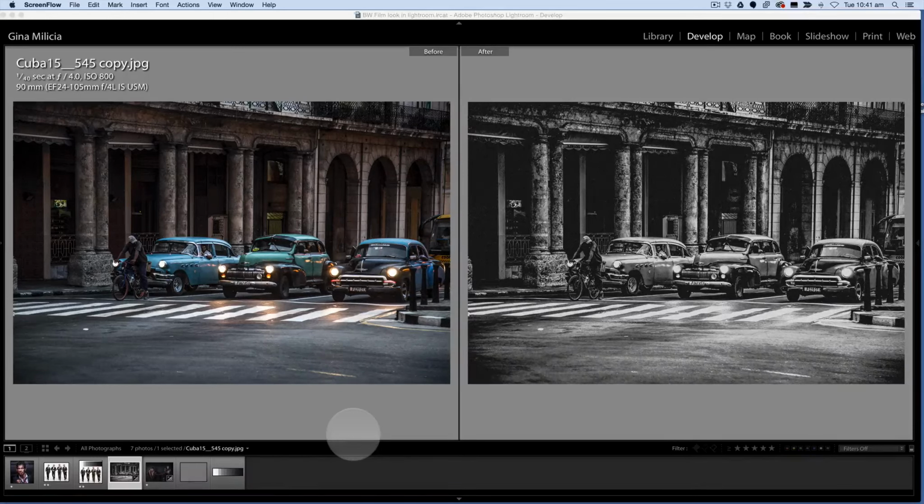So let me just get all my little panels up. Alright, so on the screen now I've got a couple of images. I've got the before and after of an image that I shot in Cuba, and on the left hand side of the screen you can see the image, how I would normally process it, adding a bit of grunge, desaturating the colors, and I've taken that image, and basically all I've done is apply one of my preset 2017 film look